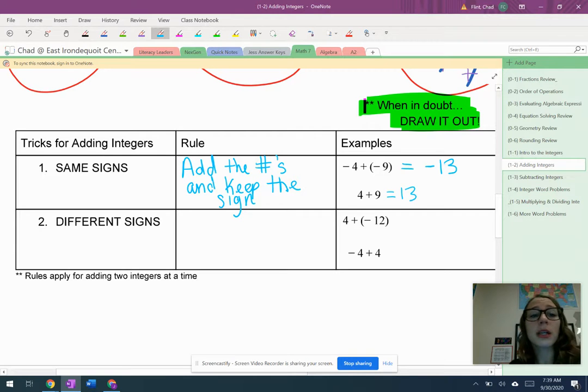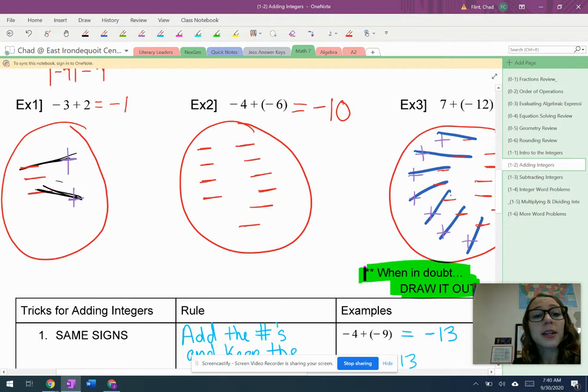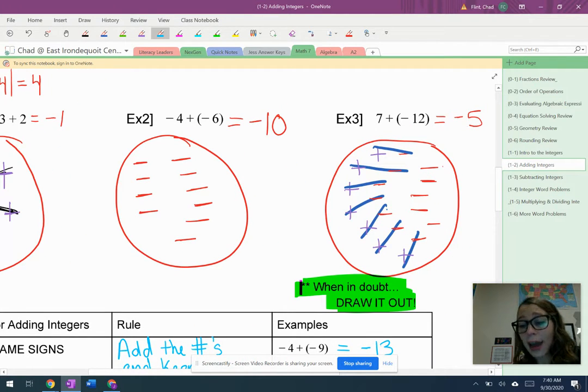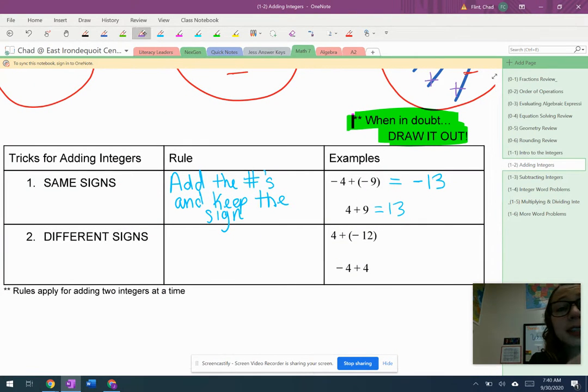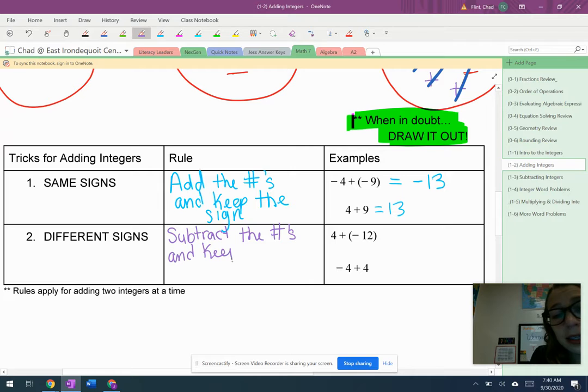Now it's the different signs where we can get a little tricky. When we had different signs here, notice, what did we do with 3 and 2 to get 1? What could we do with 12 and 7 to get 5? We subtracted those pieces. So when you're adding integers with different signs, what you're really doing to calculate that is subtracting. You subtract the numbers and keep the sign